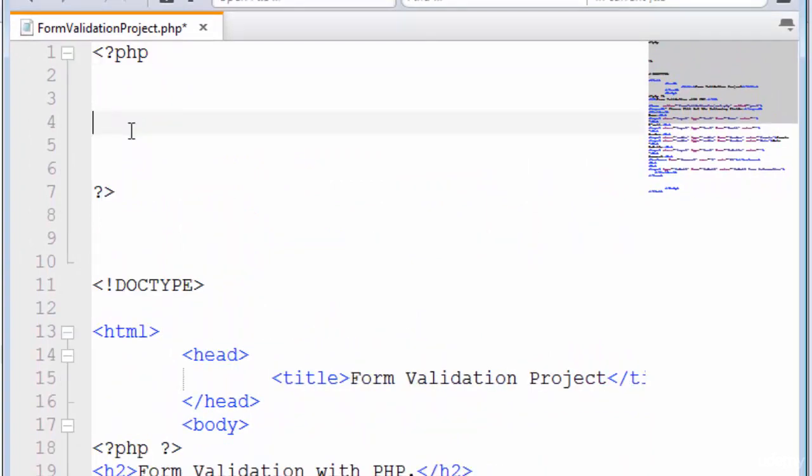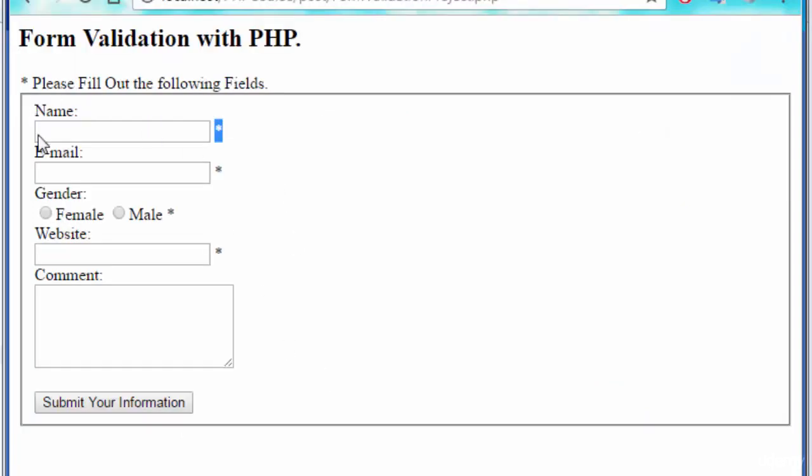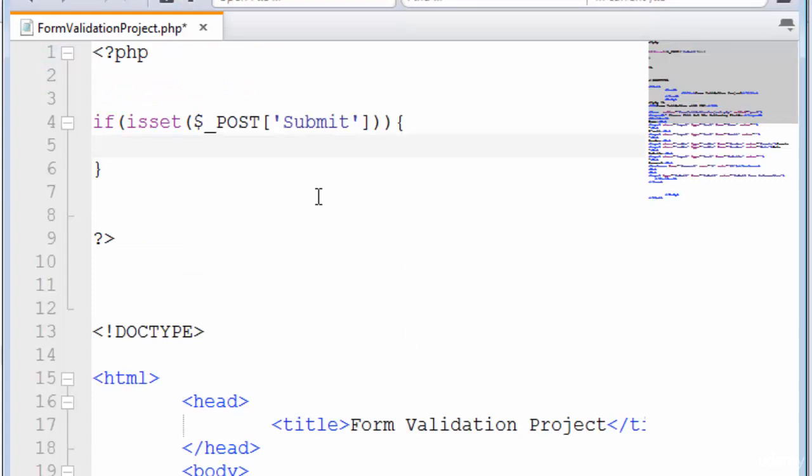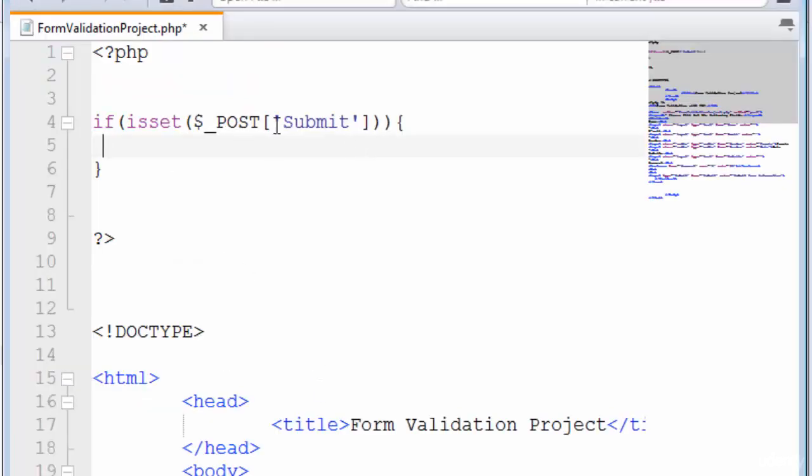So on clicking on our submit button, we need to define a couple of functions and statements. So I can say if our submit button is set, then we need to define a couple of functions in our submit button scope. So first of all, I'm going to grab this name field. So I have to define the same condition for our name field, and we don't want our name field to be empty. So I can say if our name field is empty,